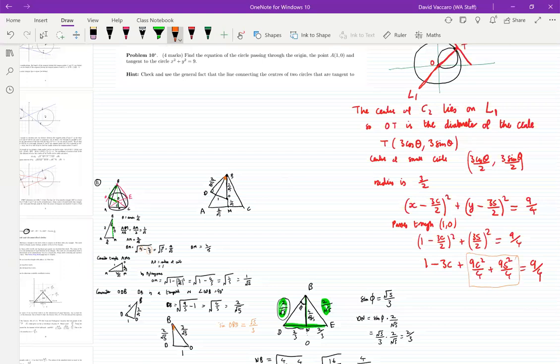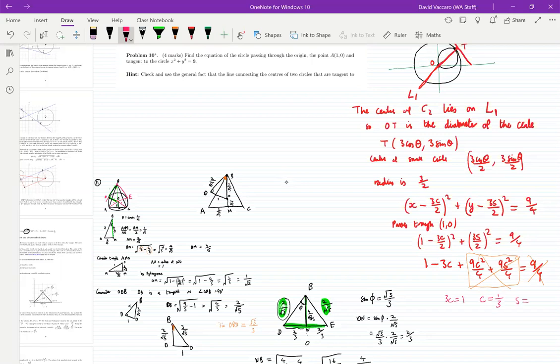But because c squared plus s squared is equal to 1, this term here is 9/4, so it cancels with the 9/4 here. So I just get that 3c is equal to 1, so c is equal to 1/3, and then